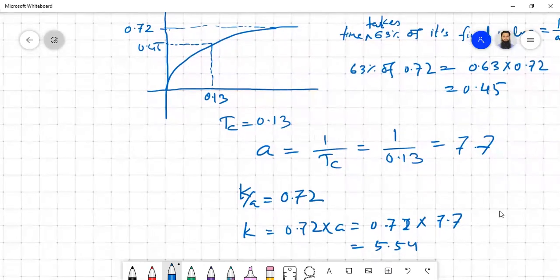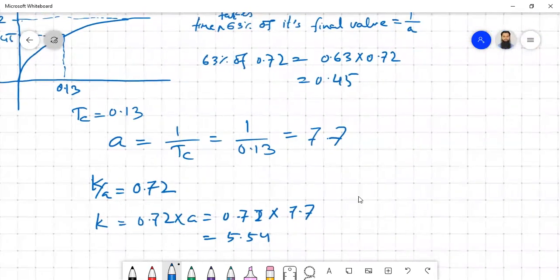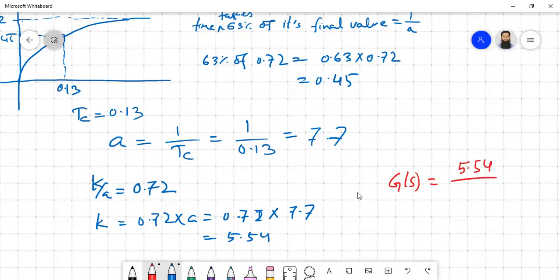So now we know what is the value of A, we know what is the value of K. So we can easily say that our system, by inspection or estimation, our transfer function should be something like this: G(s) = 5.54 / (s + 7.7). Okay, so the plot that has actually been obtained, this is estimated and actually obtained based on which transfer function,